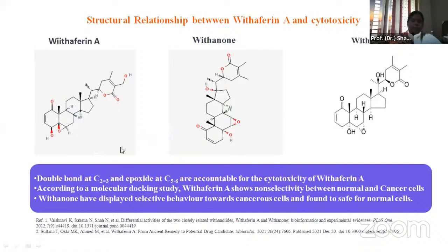Withaferin A has the epoxide at the C5-6 position, while withanone has it at a different position. And for the withanolide, there is a lactone ring present, which is very similar in these three chemicals. But while differentiating between withaferin A and withanolide, there are so many researchers that